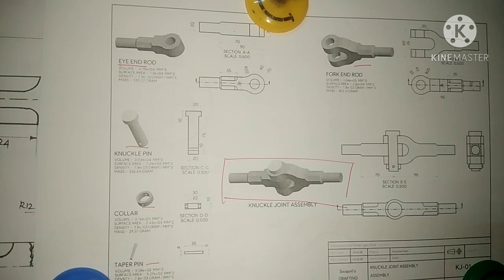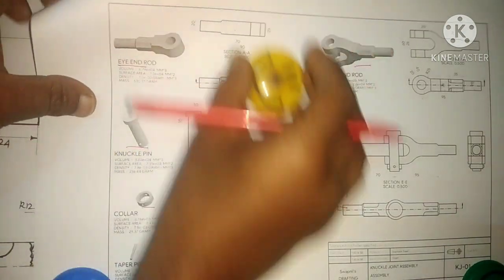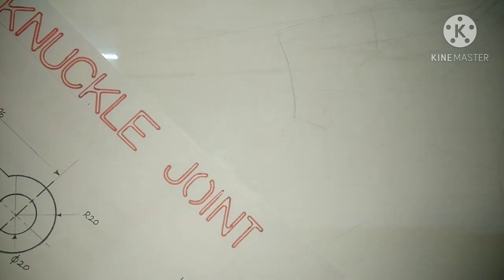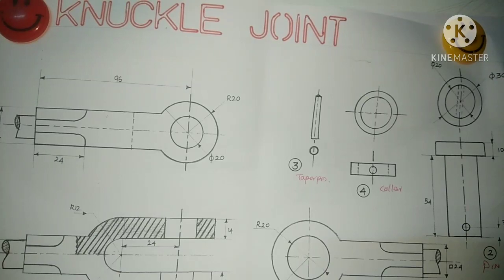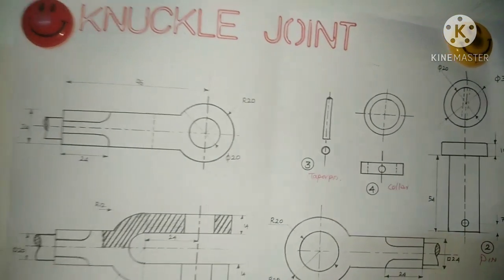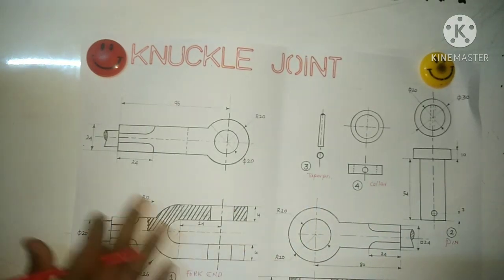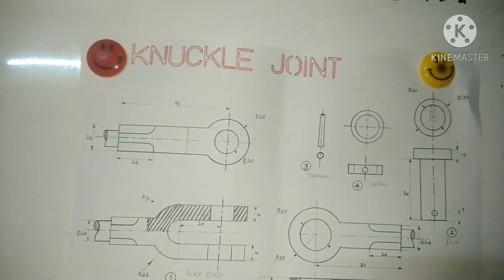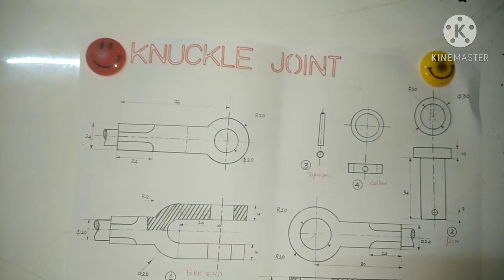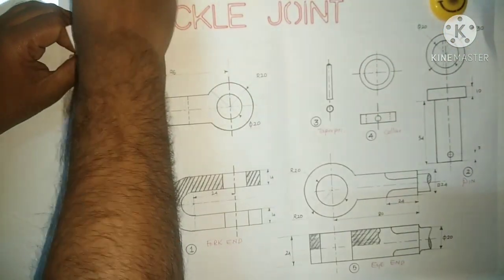So the first question, to draw the detailed component drawings, has been completed. Once again, have a look. It is very simple, very easy. These are the parts: the fork end, eye end, pin, collar, and the taper pin. So that completes the first part. As we know, the second part is